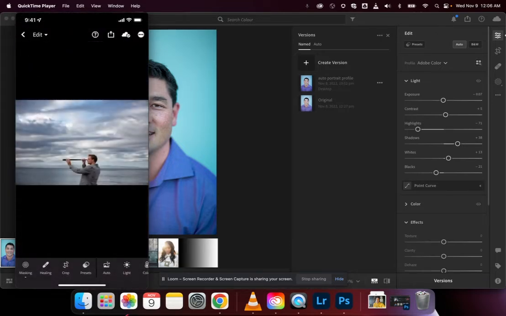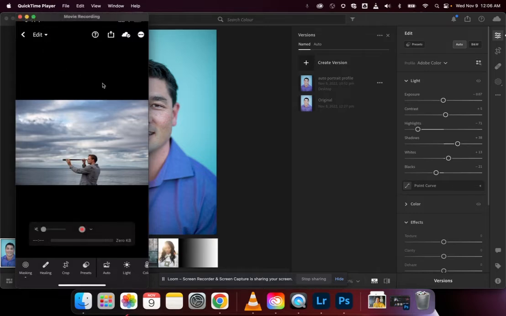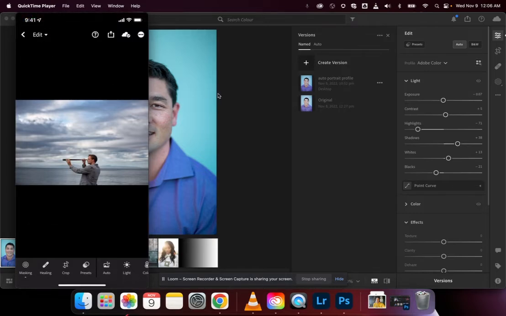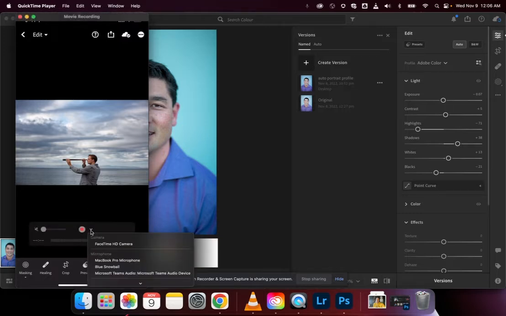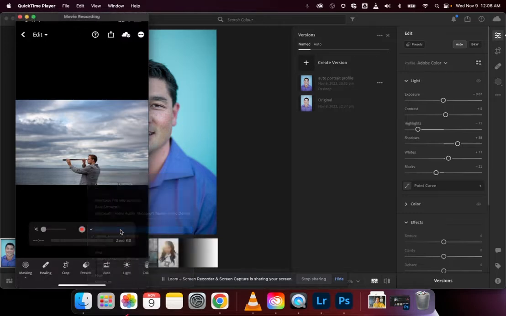Now, if I want to edit this image, I need to go back to info, and then I go back to edit. I keep clicking my mouse on the actual thing, but it's actually my phone that I need to do. So then if I switch this back over to my iPad, you can see that